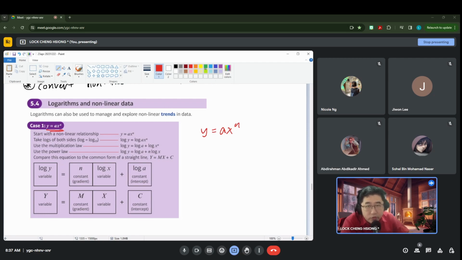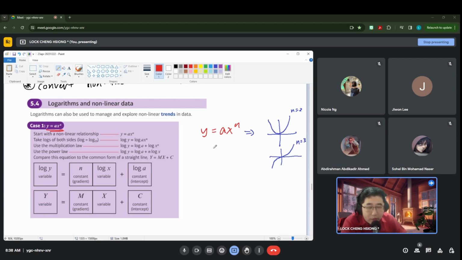If we draw this graph by itself, we will get something that depends on the value of n. If n equals 2, maybe I will get a quadratic. If I have a power 3, then n equals 3. Of course, no matter how I draw it, it will be a curve. But if I change it into